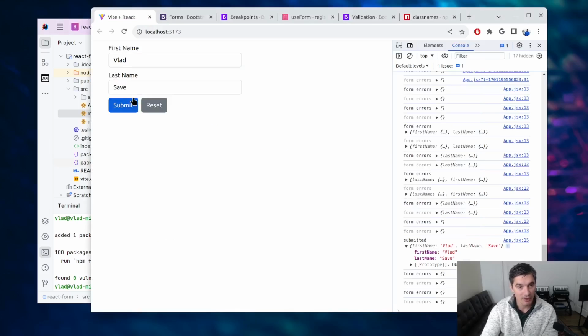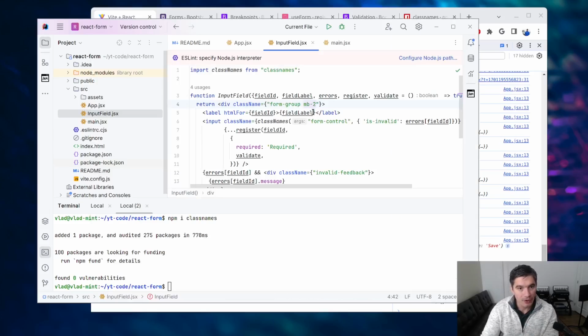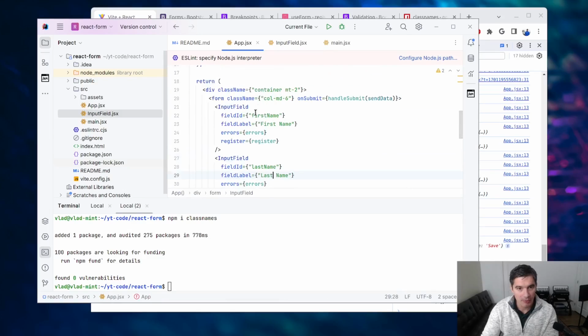And now they have a bit of space between them. We can now transform these two inputs into our account number and routing number in the banking form we are trying to do. So in here, inside app, this will be account number, and this will be routing number,